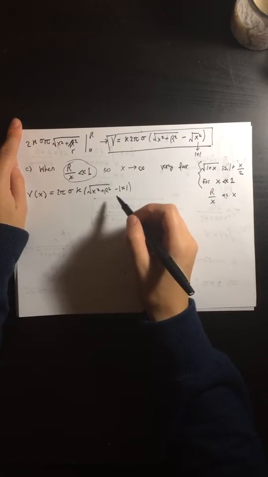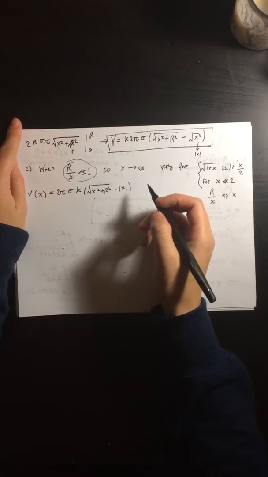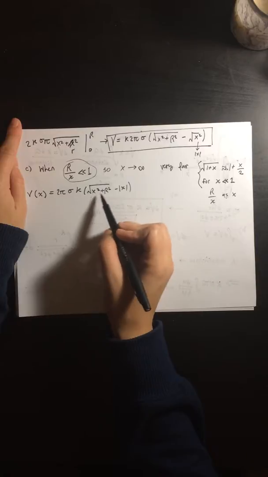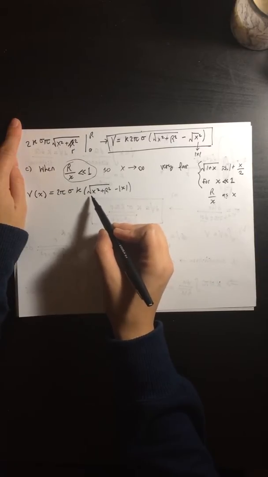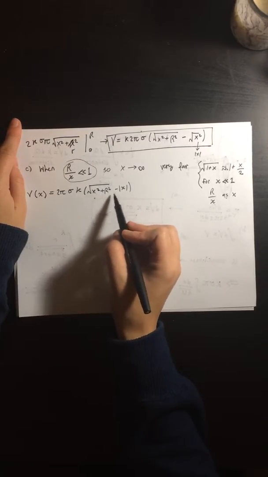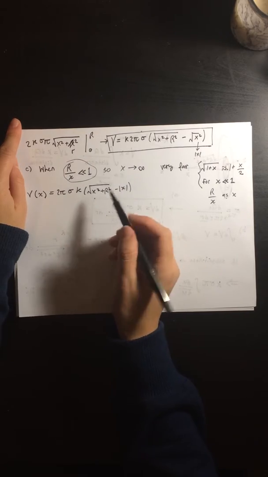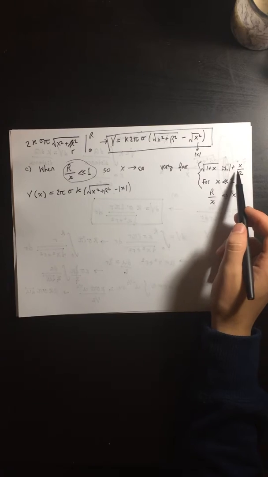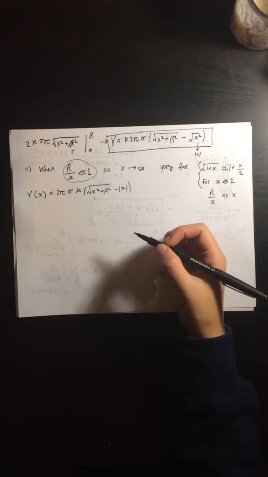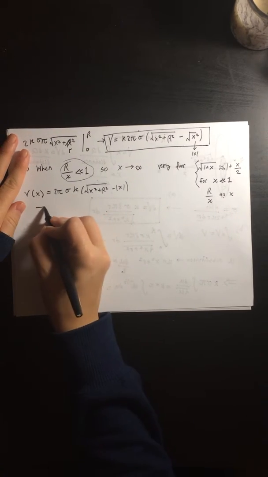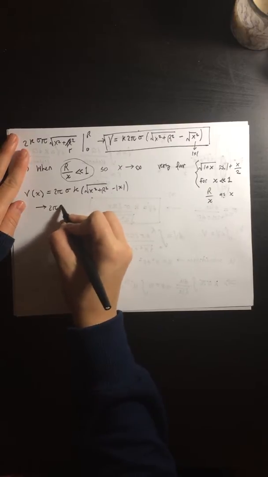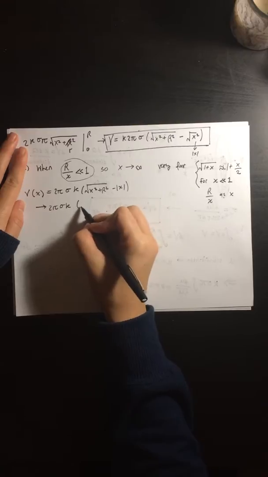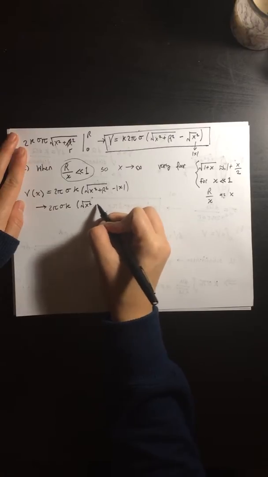So we have this, right? And then what we want to do is try to get one of these characters to be a 1, and one of them to be an r over x, or an r squared over x squared, or something to that effect, so that we can use this approximation and replace it into our formula. So the way that we're going to do that is keep the constants the same, and then we're going to replace what we have here with another notation that means the same thing, which is